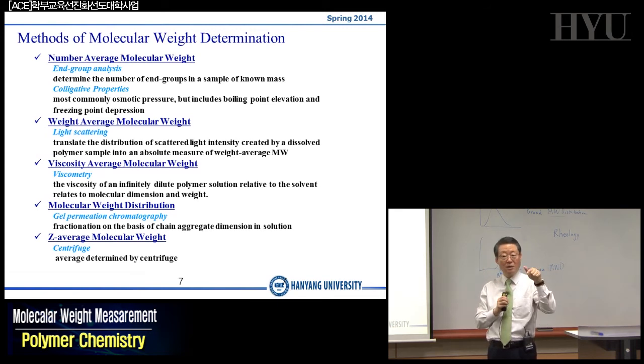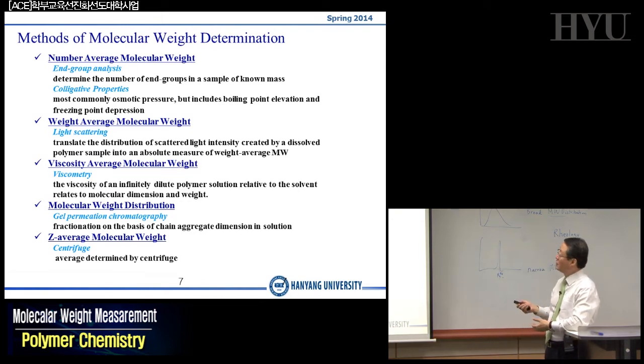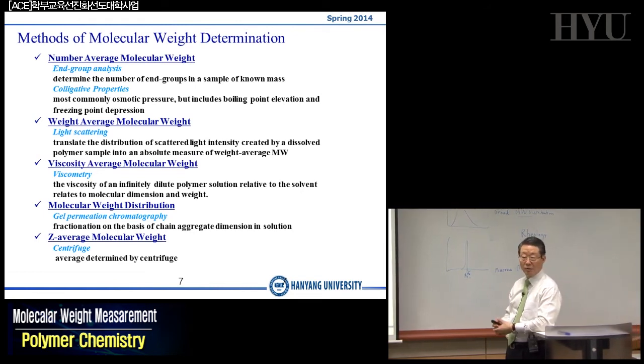Because you have 2 ends in the case of a linear polymer, if you know the number of functional groups, then you can calculate how many moles of the molecules. In that way, you can calculate the number of molecules and the average molecular weight, of course, by knowing the numbers. Colligative ways are the ones that are presented in your